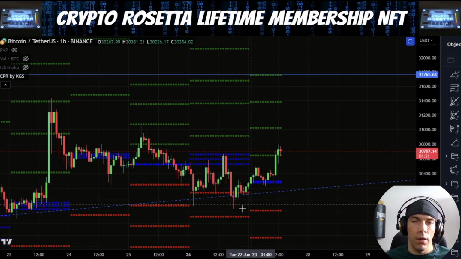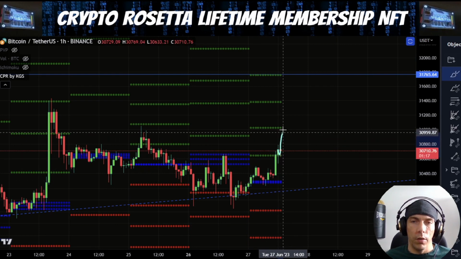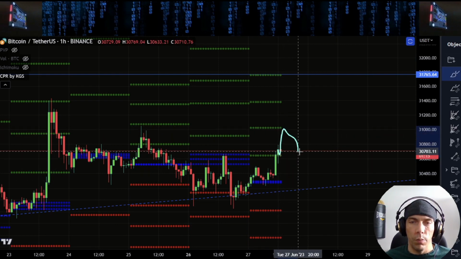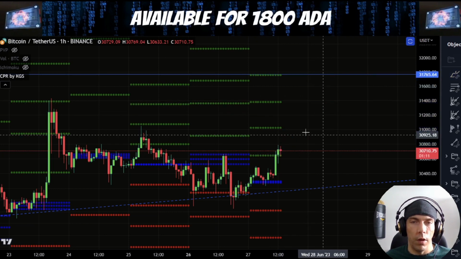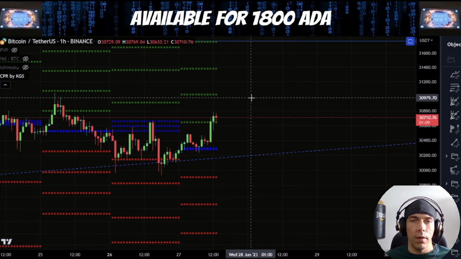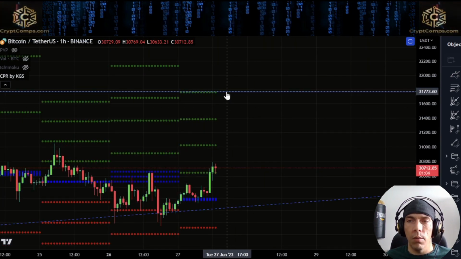If we do see that idea of that extension to the upside here, what we could actually see is something like this, where we push up here, we find support again on this target, and then we look to push up through these different levels. So if we are looking at that, we have the S3 at this 31,379, and we have the S4 at this